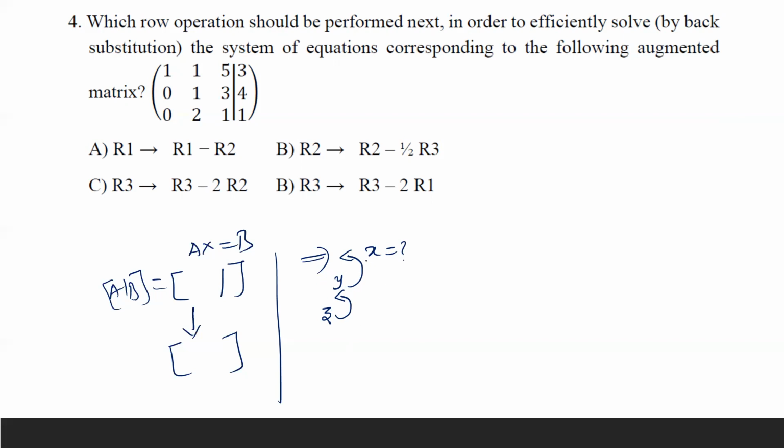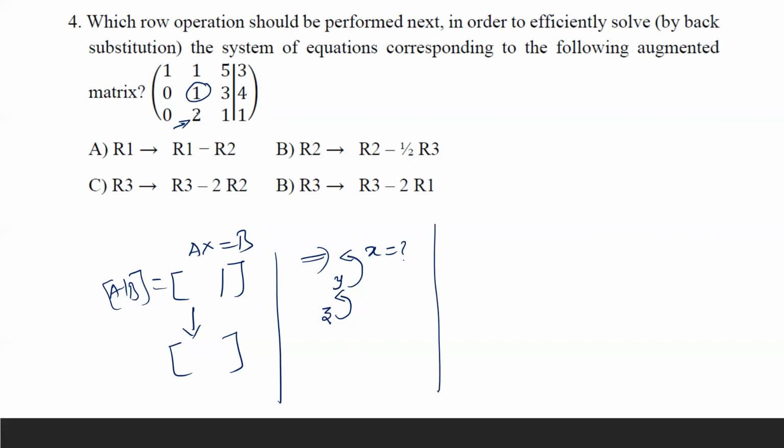To use this back substitution method in solving the system of equations, this is the augmented matrix you have in one stage of simplification. What operation should you use to reduce this into its echelon form, right? To get the echelon form from this step, what operation should be used? That's the question in simple terms. Now to reduce this into its echelon form, using this second row, second element, we need to make this 2 a 0. That's how you will get the required echelon form. And of course, from that, you can write the equations, isn't it?